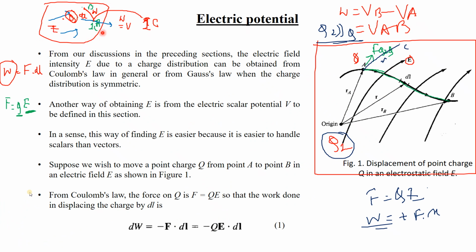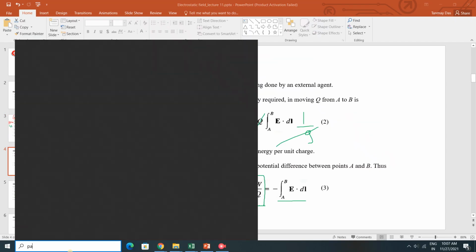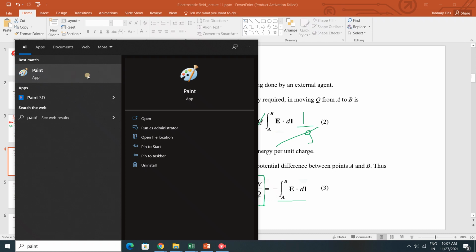Okay, so as I've just explained it to you in this small diagram, if you have an object outside the electric field, now this will help you. If this is an electric field created by a charge Q and 1 coulomb of charge is outside the electric field of Q, and you want to bring it inside the field, then you are applying some work done. So work done to move a unit positive charge from infinity to a particular point, that is electric potential. That means potential at point A. If I show you in this way, it will be more clear to you.